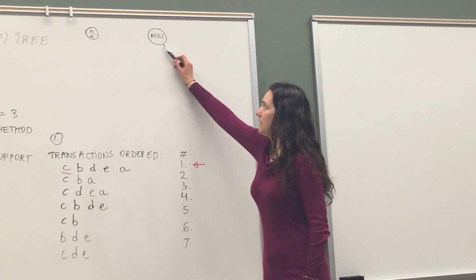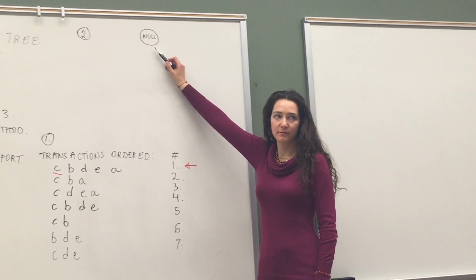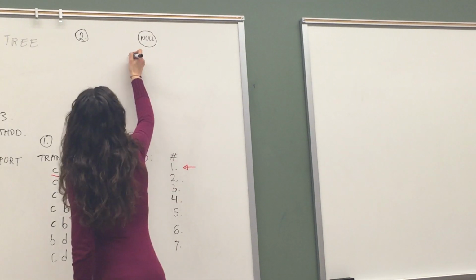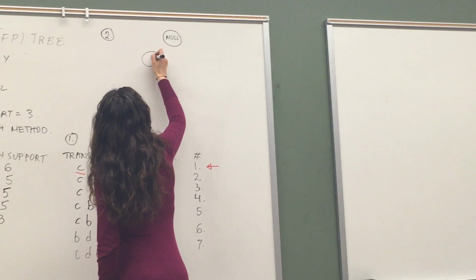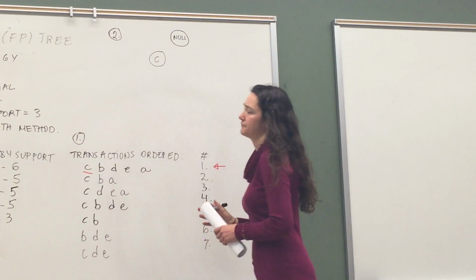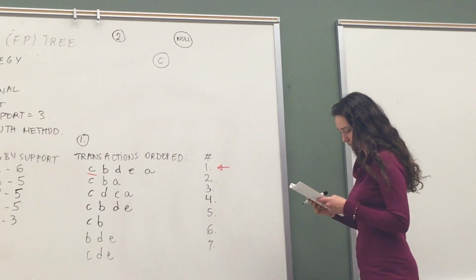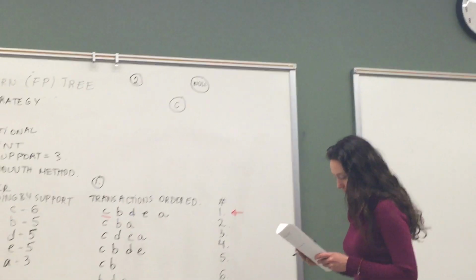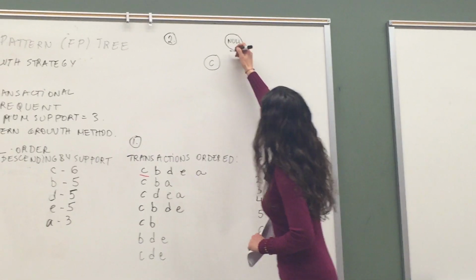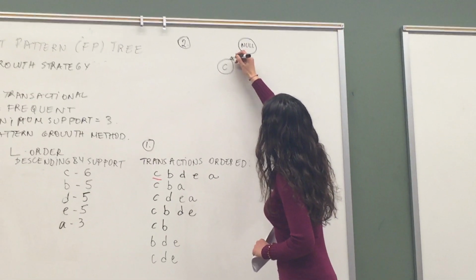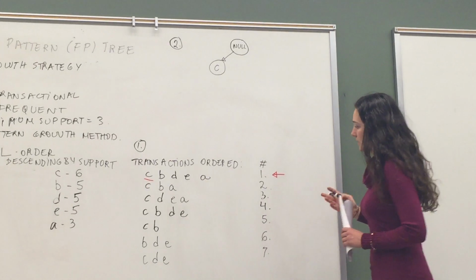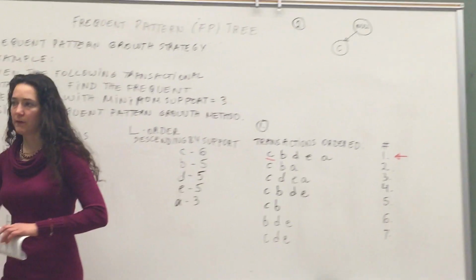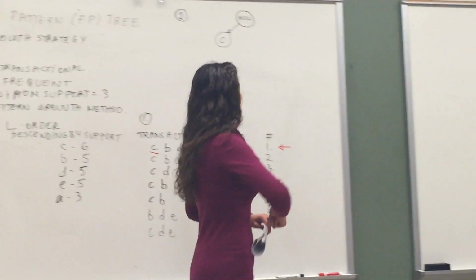So does it have a child named C? No, there's nothing here. So we will create it, right here, C. Next, we will create a link to the node from the parent, and we will increment the count for that node. So the count is now 1 because